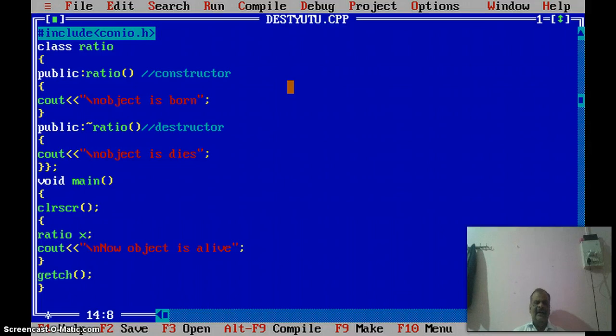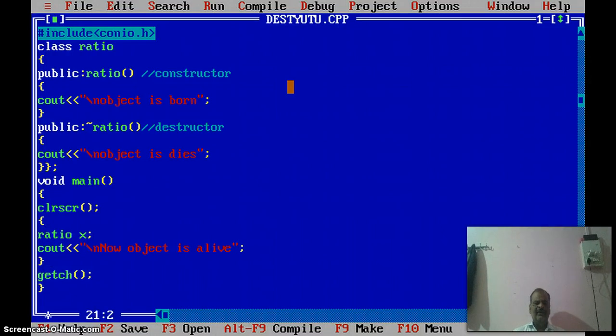A destructor is initiated whenever the object exits its scope, that is, when it goes out of your function; only then is the destructor initiated. Here we mention a scope, that is, two curly brace pairs are given, so it is the scope of that object.